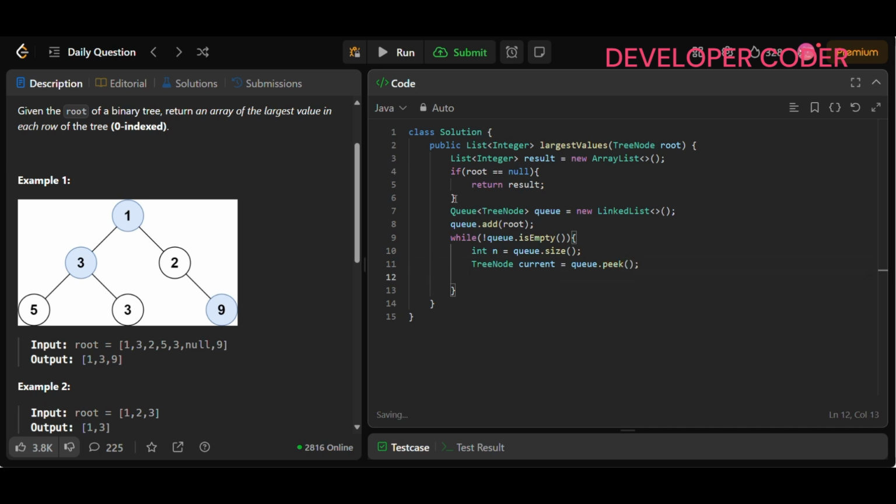Okay, now create one variable max, and inside this just pass this value current.val. After that we have to process the current level. So for that run one loop: for int i = 0; i < n; i++. Inside this we have to update max every time: max = Math.max of